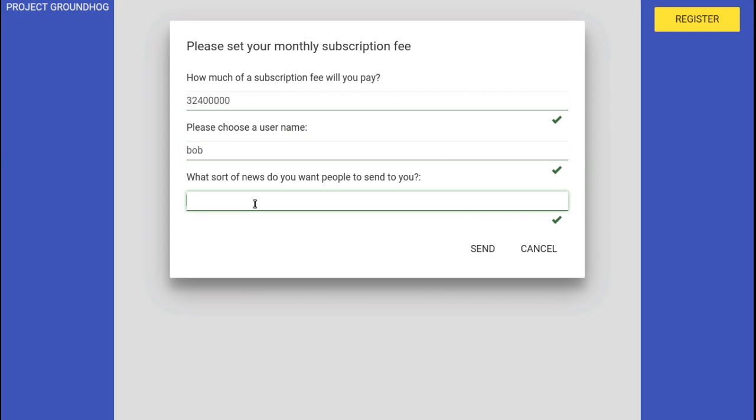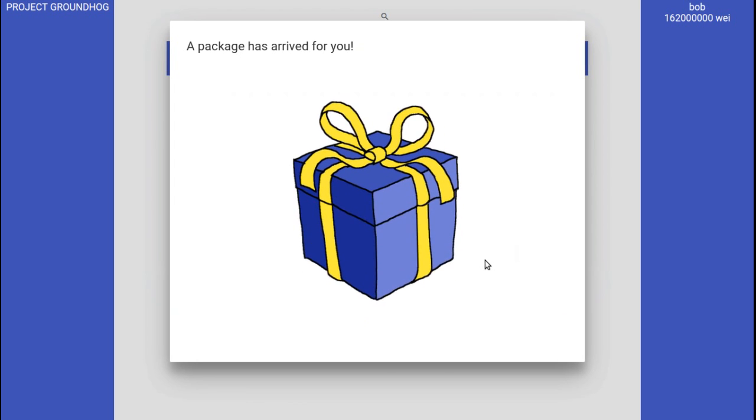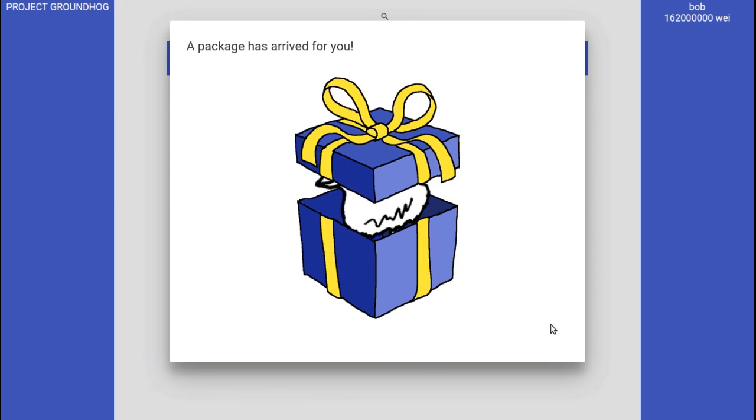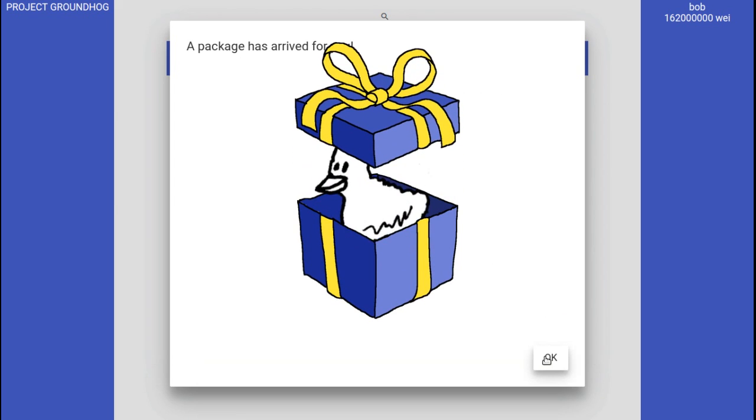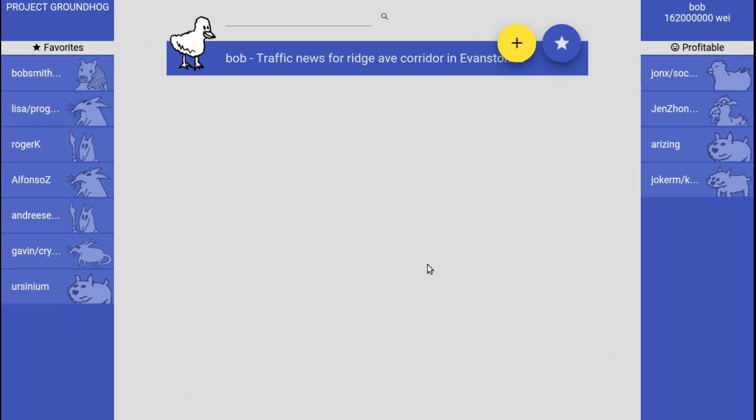And Bob is interested in traffic news for the Ridge Avenue corridor in Evanston, Illinois. So this is really the goal of what we're trying to do with Project Groundhog: we're trying to create feeds that are extremely specific and timely, because anyone can post to any wall.